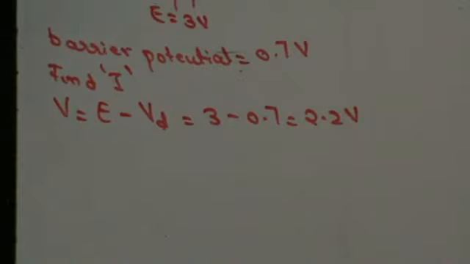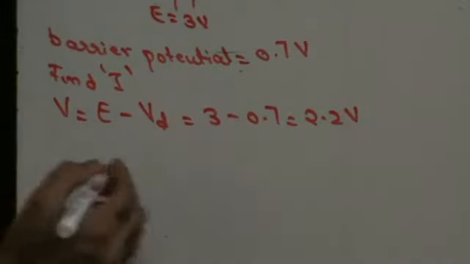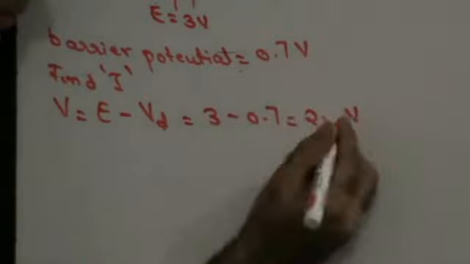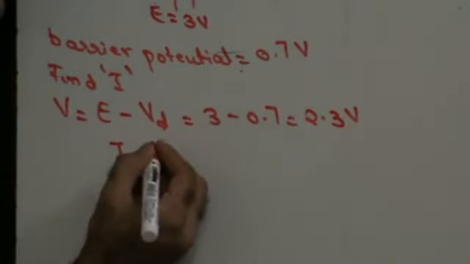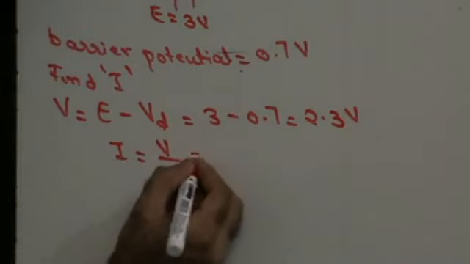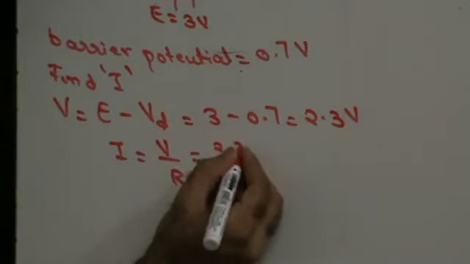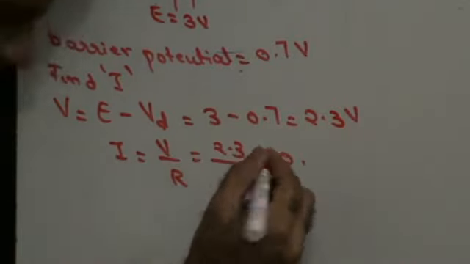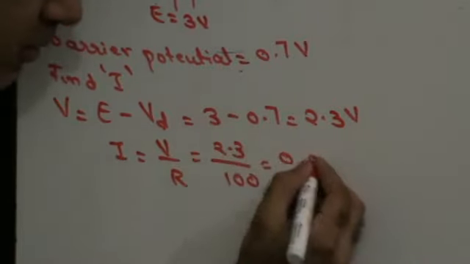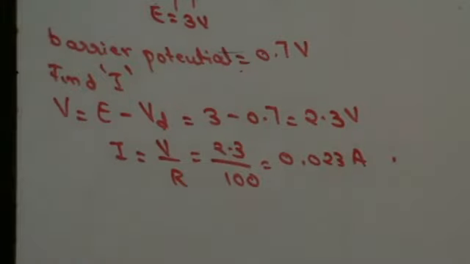Therefore, the current in the circuit is V by R. V is 2.3, R is 100, 0.023 amps. That will be the current developed in the circuit. Right? Next,